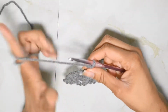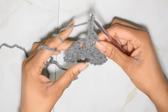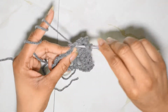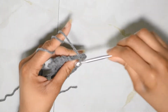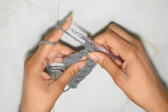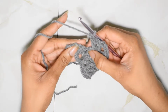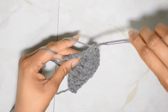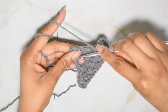And now we are going to chain 3. 1, 2, 3, and now we're going to repeat what we did on this side of our triangle. So we're going to yarn over, we're going to double crochet in that chain 3 space, chain 1, yarn over, we're going to double crochet in that same chain 3 space. Now we're going to chain 1, we're going to move over into that next chain 1 space, yarn over, double crochet, chain 1, we're going to double crochet in the next chain 1 space,